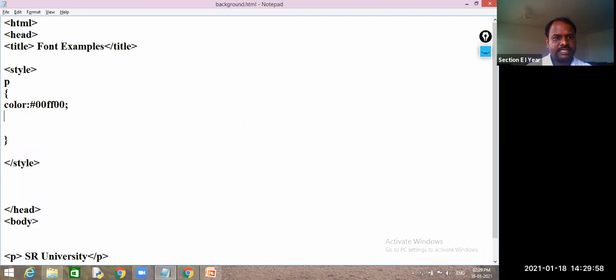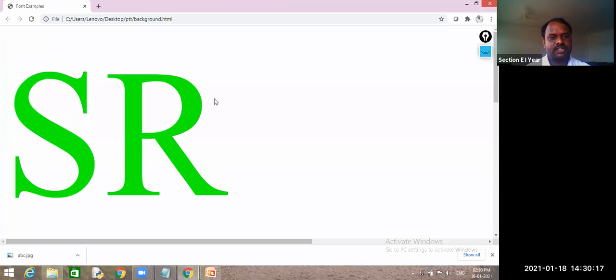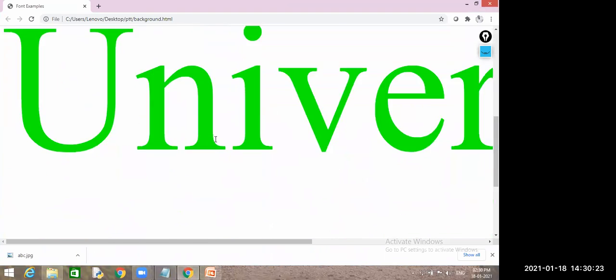Now I want to increase this size. So with font size, you can give any size. Maximum, I hope, 900 you can give. So I will give 500 pixels. Has it increased or not? Yes, sir, increased.